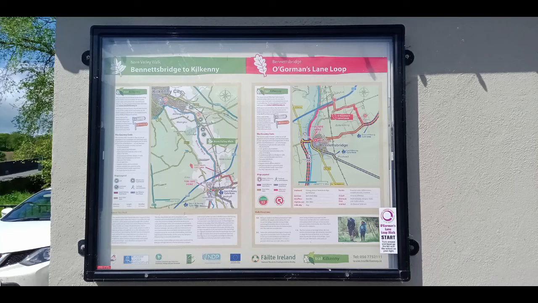Welcome to the second part of the mapping tutorial series about how to map the O'Gorman's Loop in Bennettsbridge, County Kilkenny. In this video, I want to show you how to create the relation to add all the different paths and highways to. And this is what it looks like in Bennettsbridge, the information sign, which of course I've already